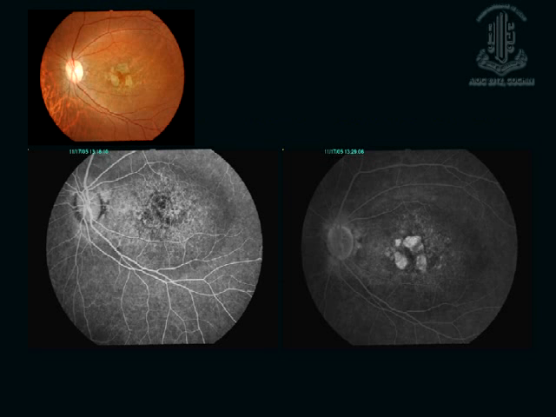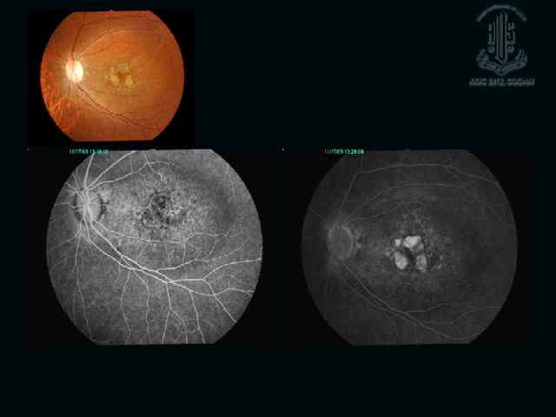You have a patient with large atrophic lesions here, and you have atrophic lesions here. Now, the central atrophic lesions, if you follow them, behave differently from the atrophic lesions in this area. If you try to analyze why this is different, you will come to know what is actually happening in the fundus. In these areas, these are much more atrophic than the other areas. You have atrophy of both the RPE and the choriocapillaris.